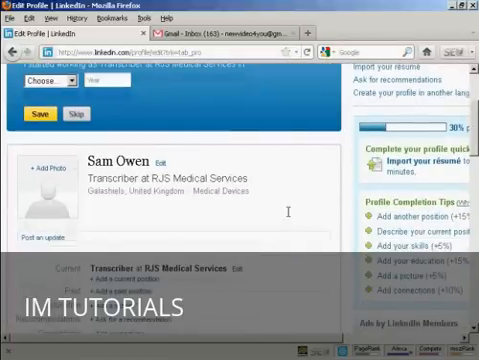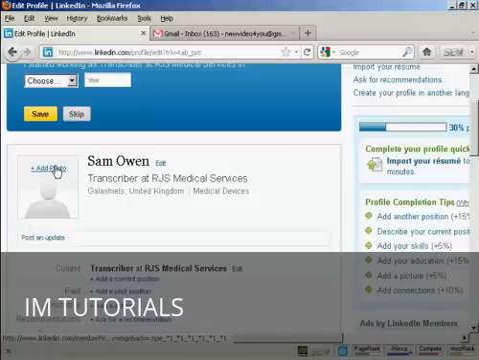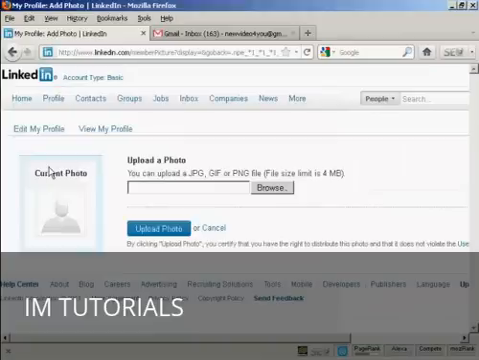First thing you want to do is to add your photo, and this should be a professional looking photo. You don't want to have a snap that was taken at the Christmas party or anything like that. You want to have a nice looking photo. So let's just upload a photo here. I'm going to click on add photo, and then I can upload it from my computer. So click here on browse,